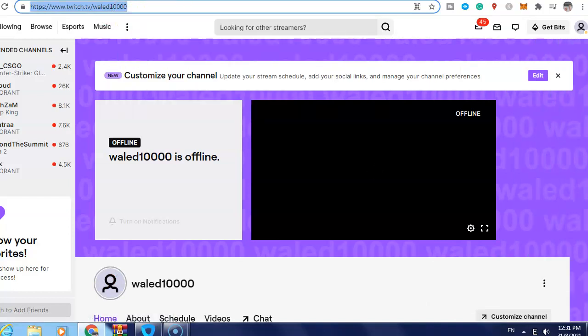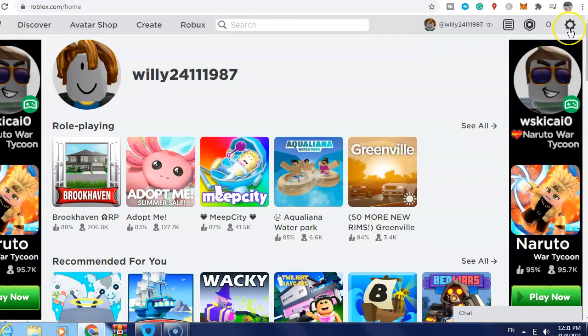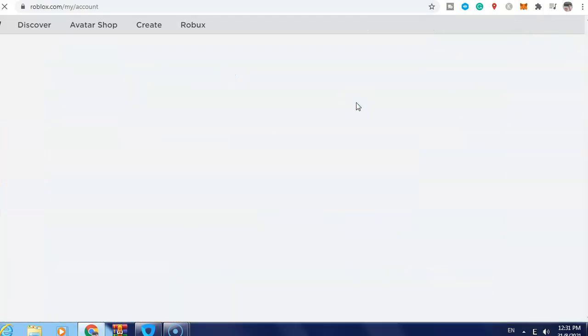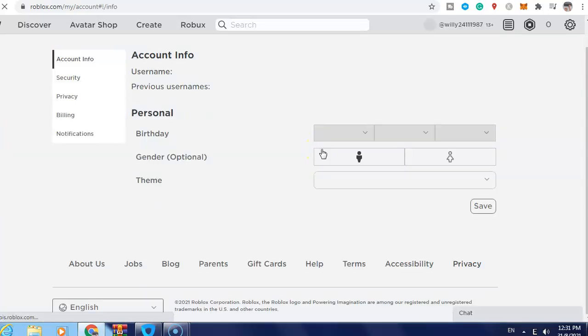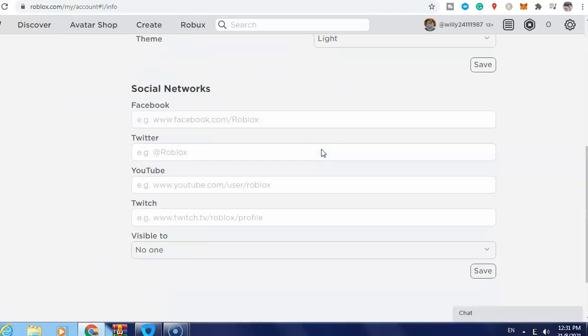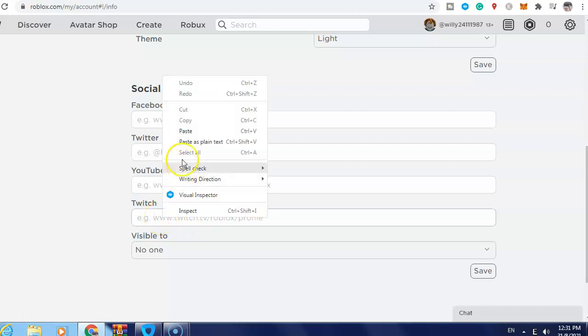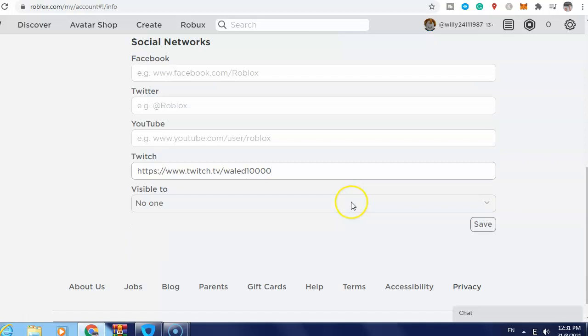After that, go to Roblox and then click on the settings icon and then settings. And then just scroll down and here Twitch, just paste the link. And then just click save. This is what you need to do if you want to put Twitch link to Roblox profile on PC and